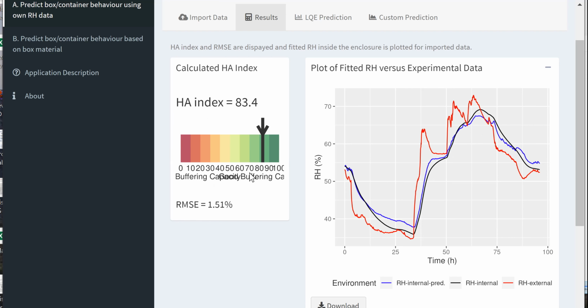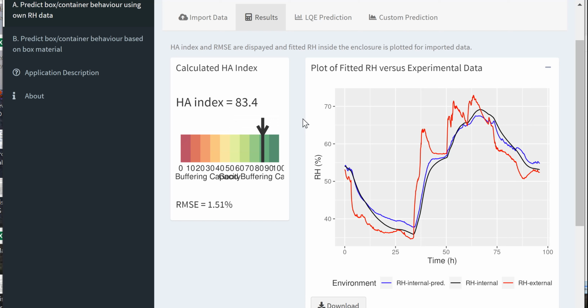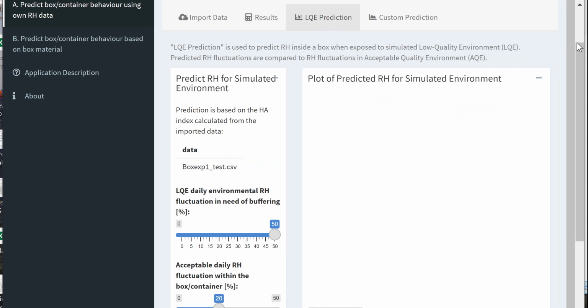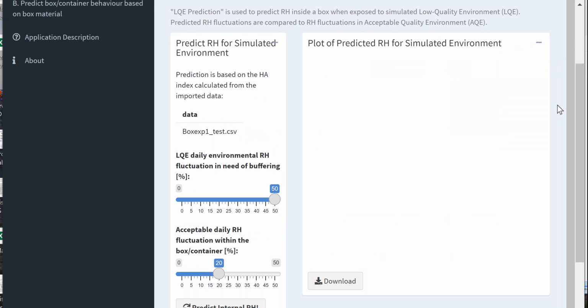The index that we have set up is defined in a range between 0 and 100, and the higher the index, the better the buffering capacity of a box. Now what can we do with this index? Let's have a look at the Prediction tab. In this tab, we can model how this particular box might buffer